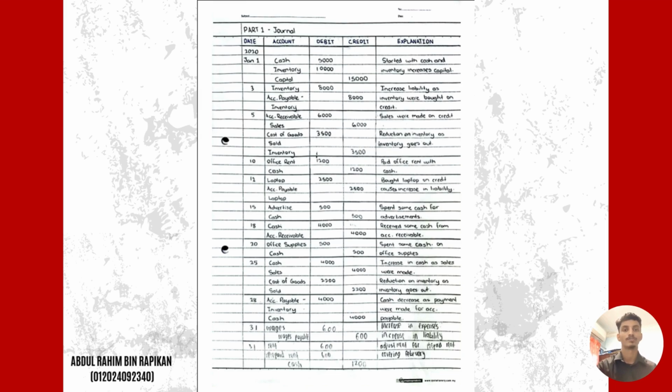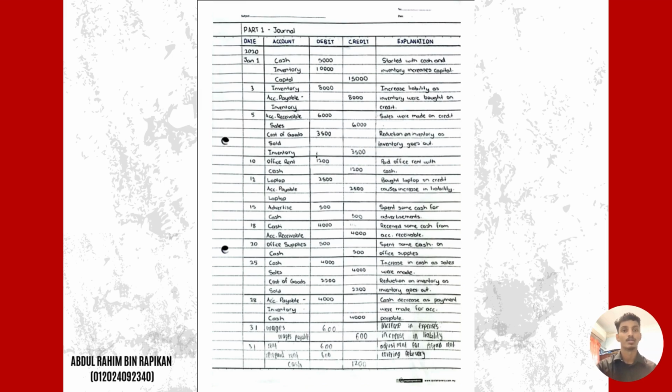For the 1st January, they started with cash and inventory, which increases the capital. So the cash and inventory will be on the debit side, and the capital will be on the credit side because both increase. For the third one, there will be a liability as inventory was bought on credit. So the inventory will be on debit because it increases, and the credit for account payable also will be increasing